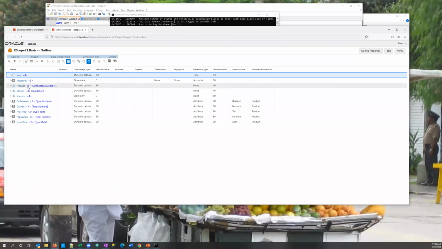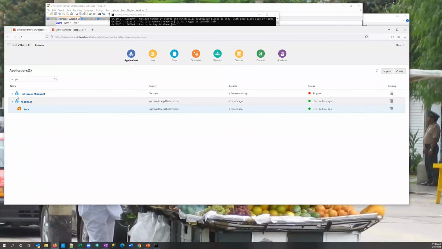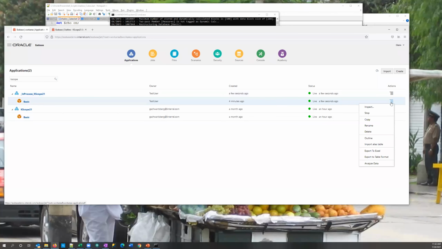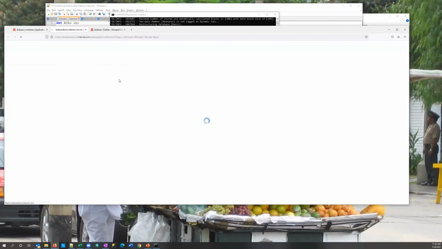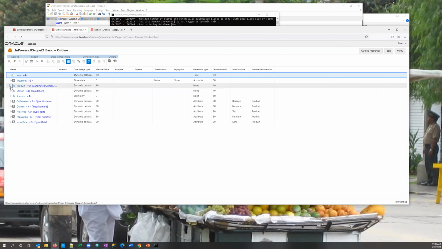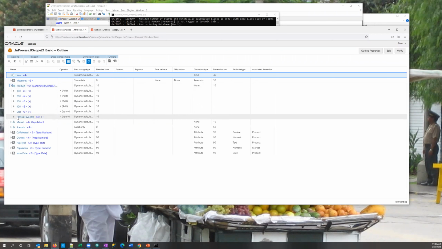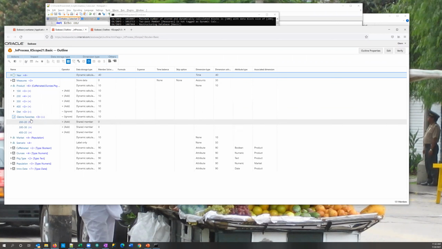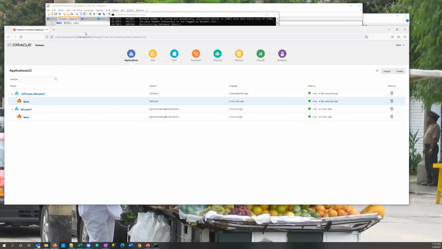And you can see I still have 5 children of product. If I come back here to my in progress cube and look at the outline, notice I now have 6 products. I now have Glenn's favorites, and I have the products underneath of them. So this did exactly what I wanted it to do, and the outline didn't update yet because I haven't done